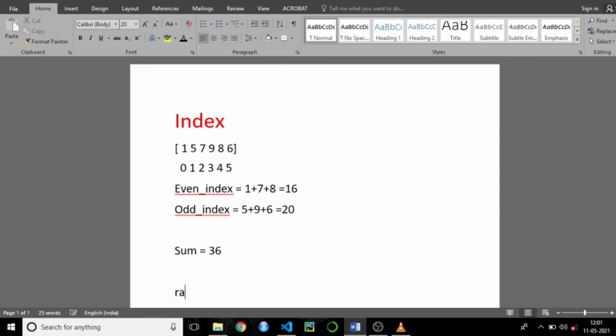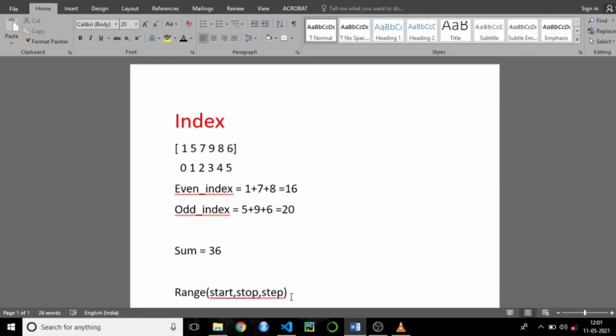The range syntax will be start, stop, step. This is the syntax of range. You need to specify the starting position where the range should start, the ending position, and the step.